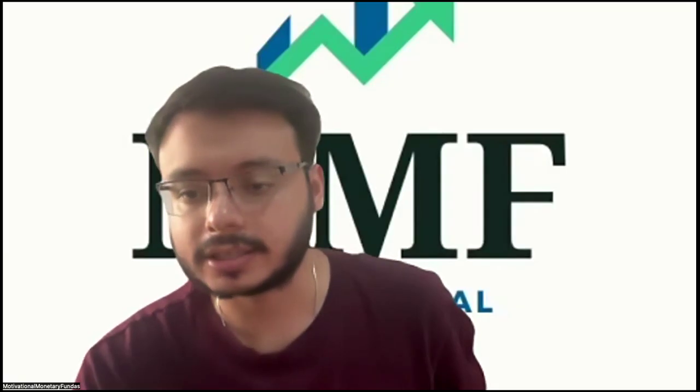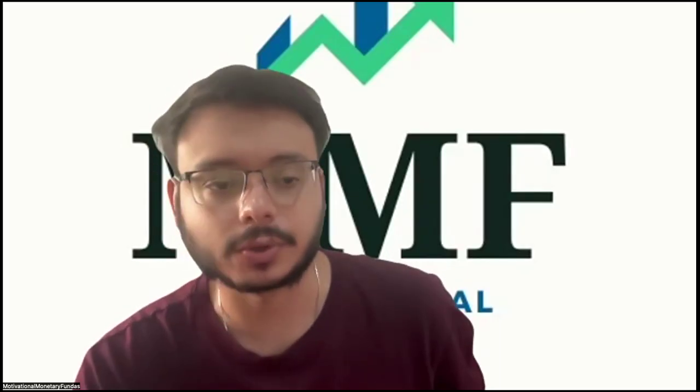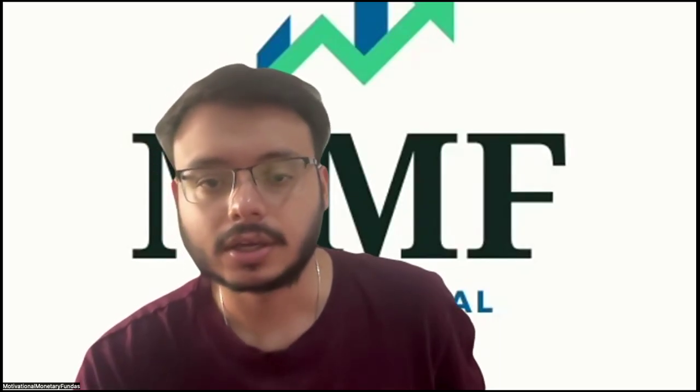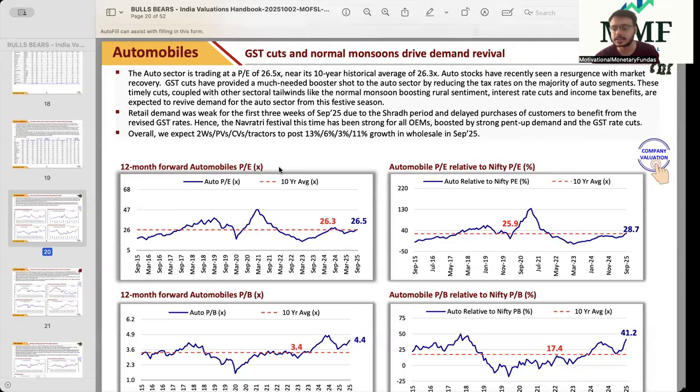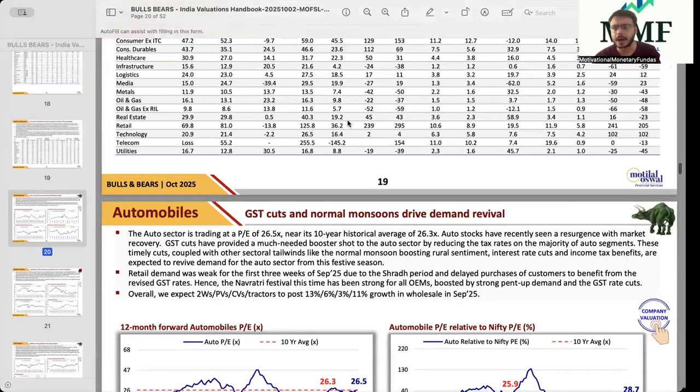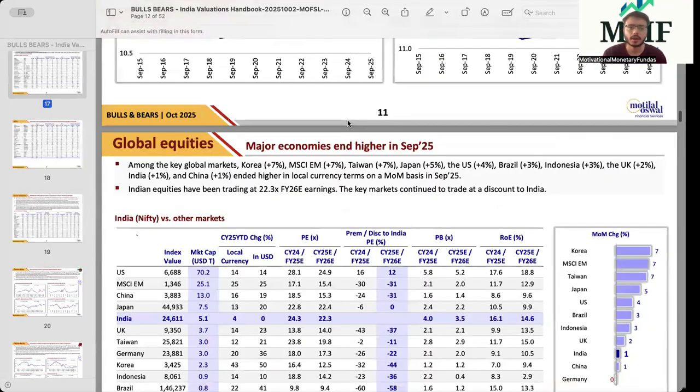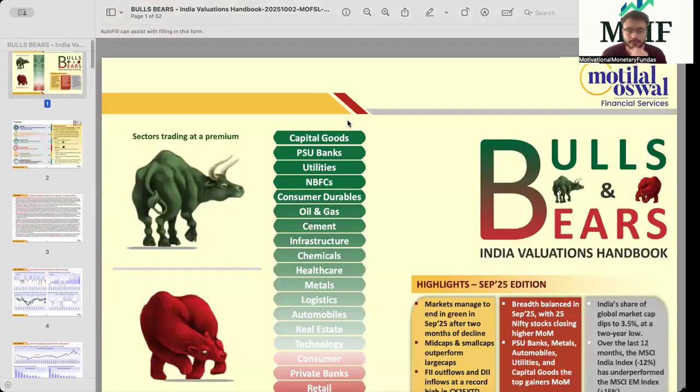So I'll just start sharing my screen and just let me know if my screen is visible as well. So before I go to the global market snapshot, I'll just stop sharing and just share the valuations PDF with you. Just a second. तो जैसे कि we can see this one. I hope the PDF is visible with everybody. So this one is the market PDF, which was published as of 30th of September